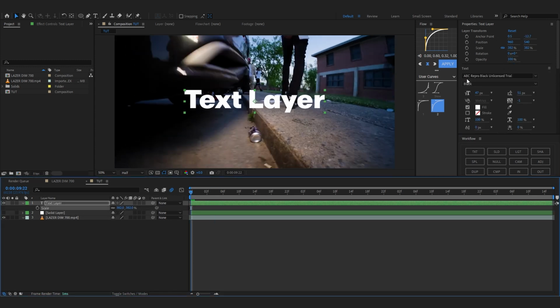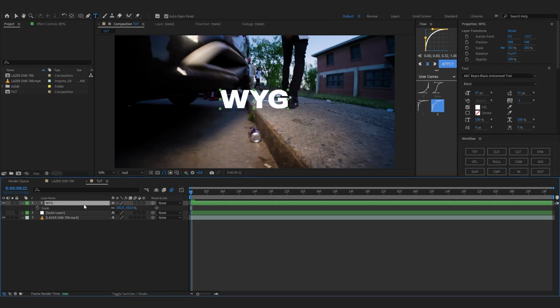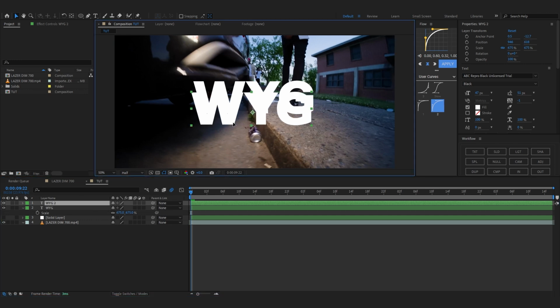And the font I'm using is ABC Rip Pro Black. But in here I'm just gonna write my title, which is WYZ. I recommend doing this with short titles, like 3 or 4 letters max. If your title is around there, use this effect. It looks so cool, because if you do more, it can get a bit time-consuming, but you could do it. But anyways, we're gonna scale it up something like this, and we're gonna duplicate this, and in here